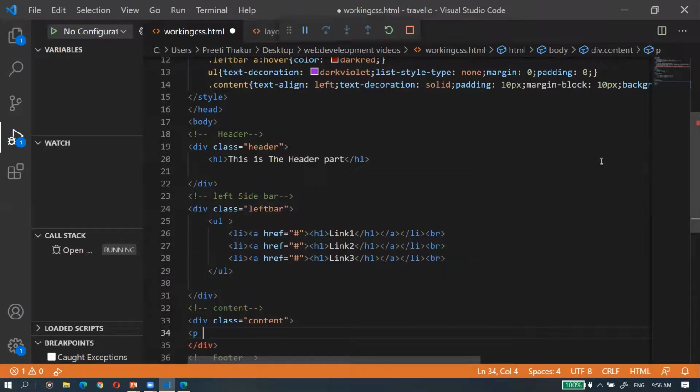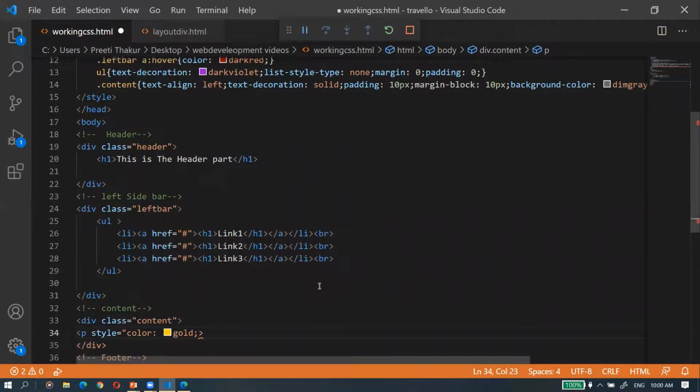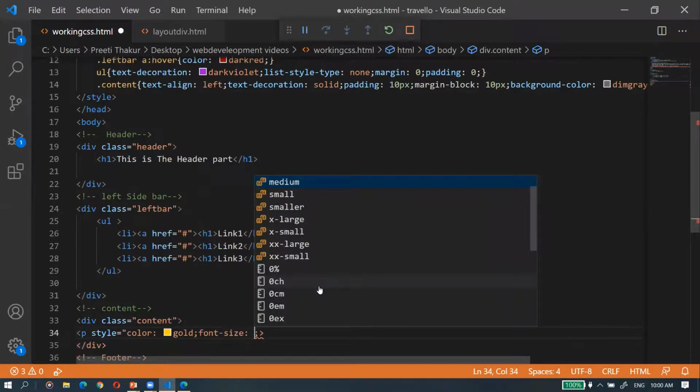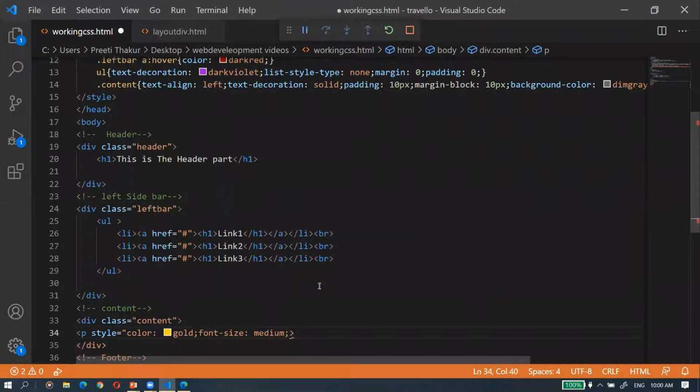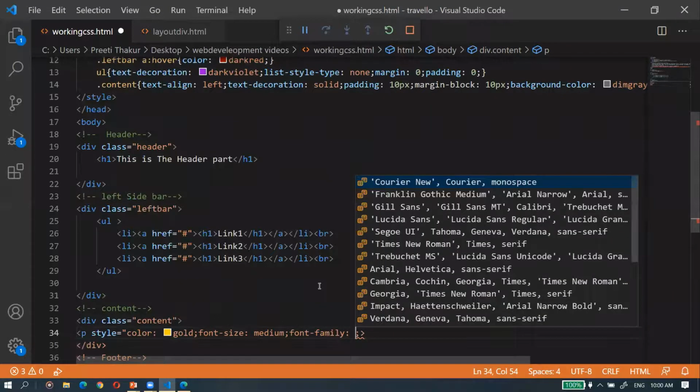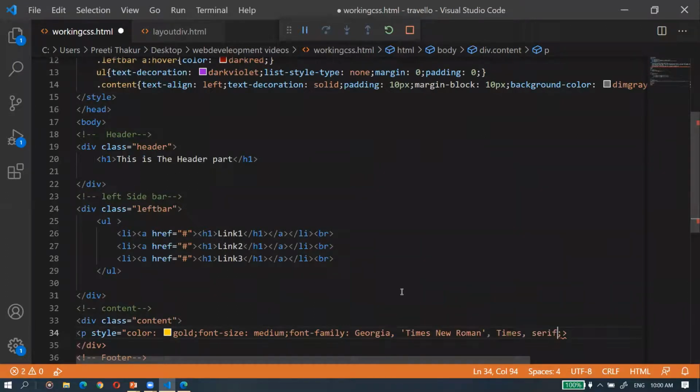Now I will show you how to use an inline CSS. So I'm giving the style here only. So for inline, give the style attribute like this. So style. Okay, so I can give the font size to medium so that it would be easily visible, and font family also. I'm taking this Georgia, and line spacing.